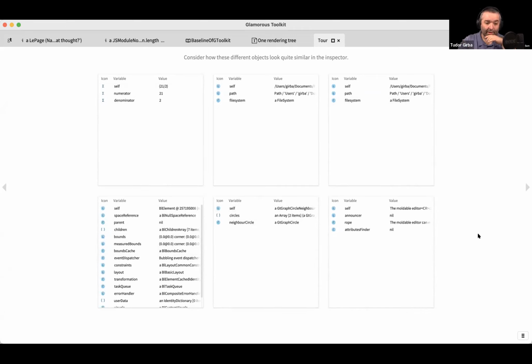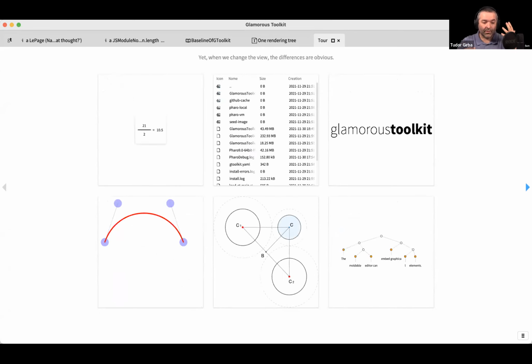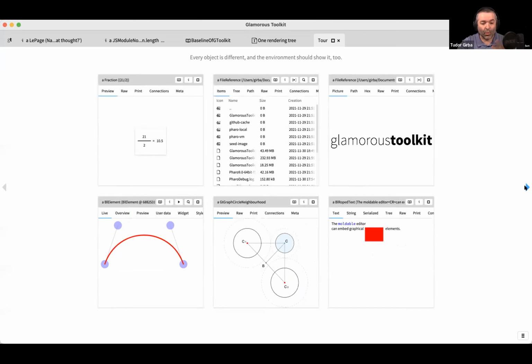But if I project a different thing, I don't change the object, I only change the view, all of a sudden I'm going to interact with these differently. I'm going to engage with them totally differently. This is a fraction, this is a folder, this is some sort of picture, this is some sort of diagram, this is a data structure over here. So this is not an optional thing. This is a core idea that should be pervasive in any development activity, and in fact, in any interaction with anything inside the computer.